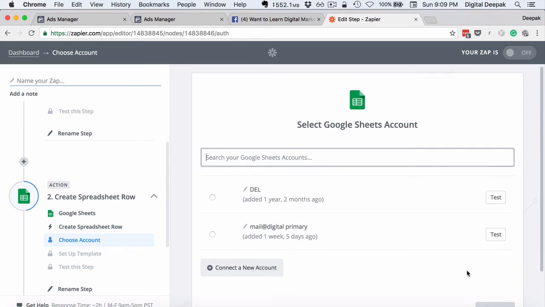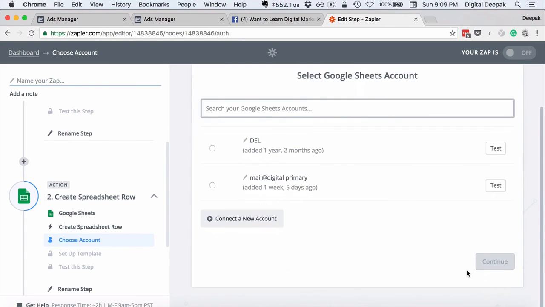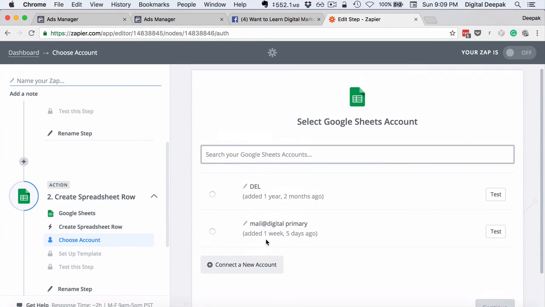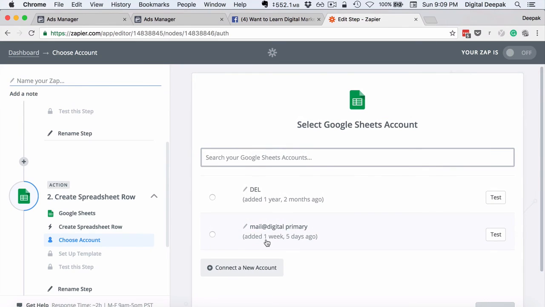click on continue. Then it asks me to select the account through which my Zapier account is integrated. So if you want to connect a Gmail account, basically click on connect a new account and go ahead and approve the permission for Zapier to access your account. And then you can go ahead and select your worksheet. You can go ahead and select your sheet, and in every row you can populate the name, email ID and phone number. So this is only for writing to the sheet.